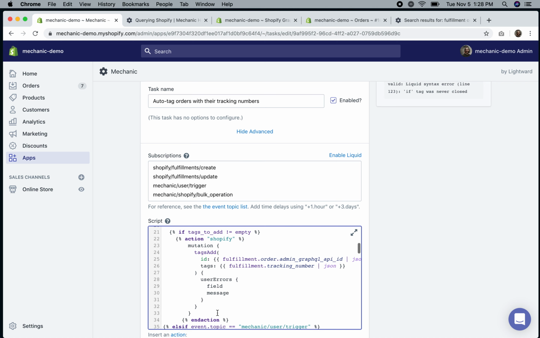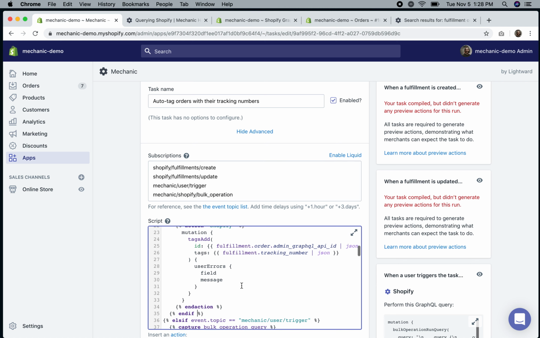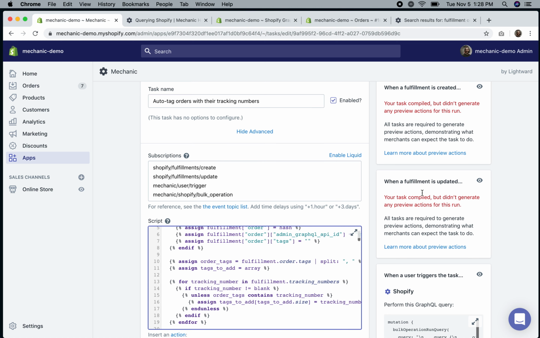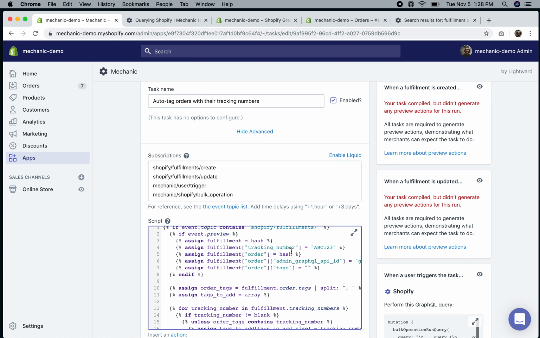And the tags need to be tracking tags to add. Okay, sweet. We've lost our preview actions over here, and that is because we've gone from,